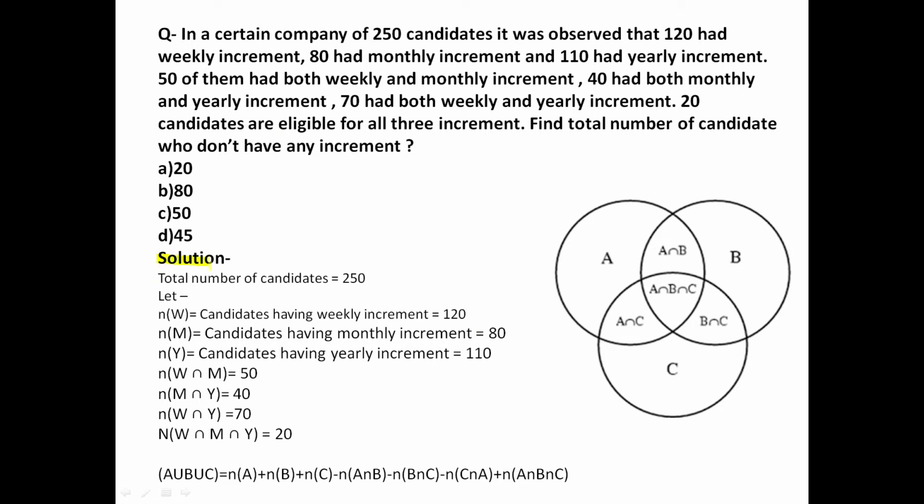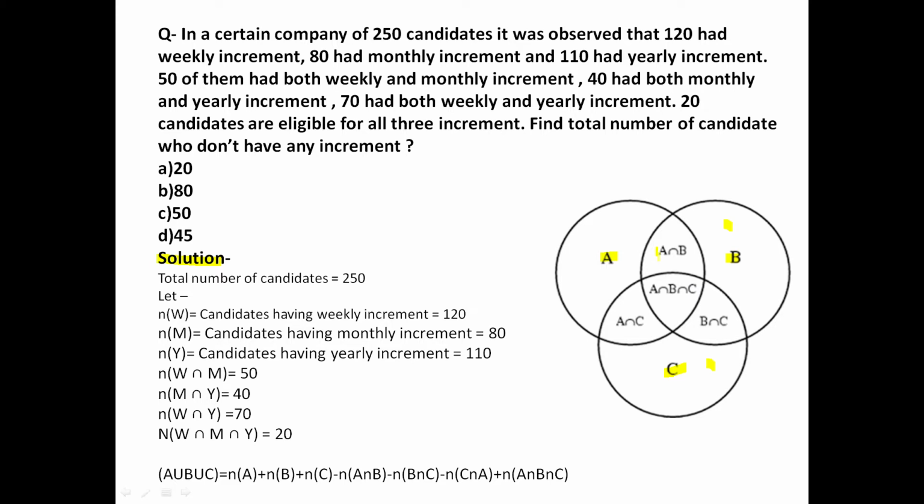So before getting started with the solution, I would like to discuss something about sets. So I have taken here three sets, that is set A, set B and set C. All the elements which are in set A will come in this circle, in set B in this circle, and the elements in C will be contained in this circle.